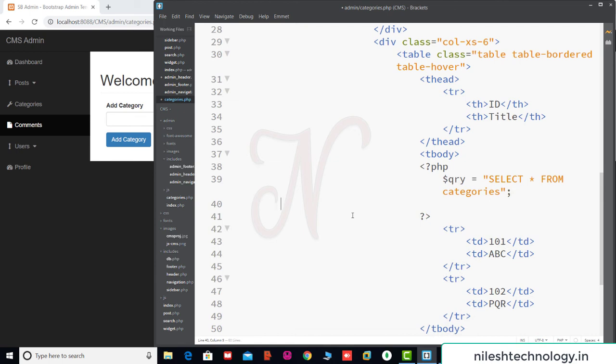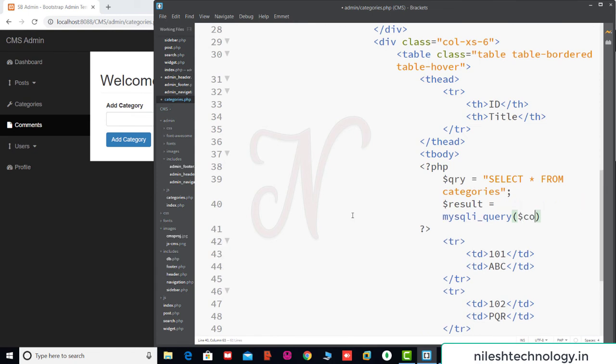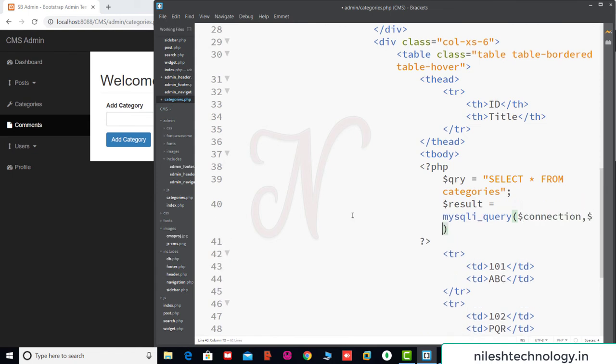Then your result is equal to, we execute this query. So mysqli_query, here we pass the connection as well as the query. So by using this function we execute this query and pass this result to a loop and get the records row by row.